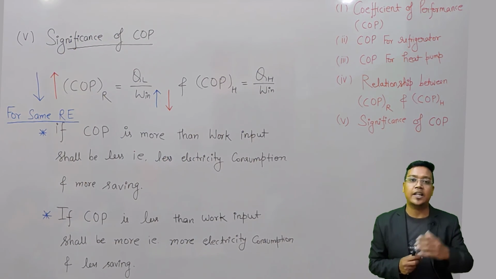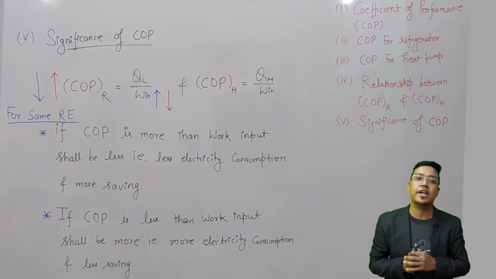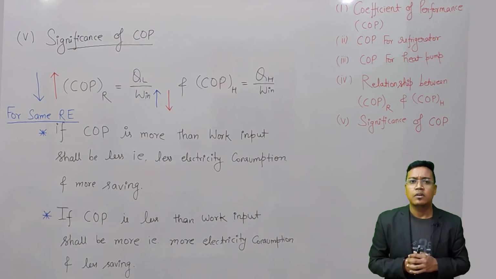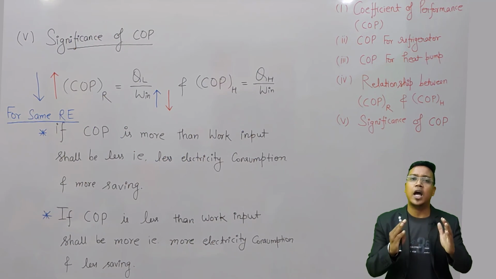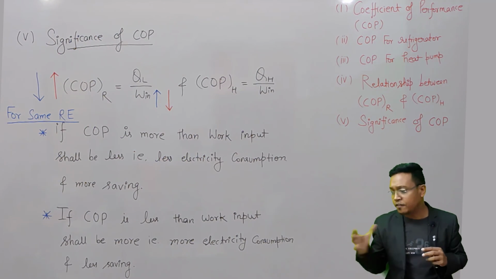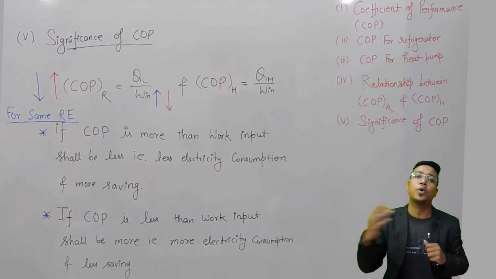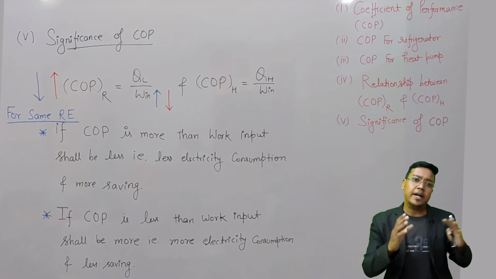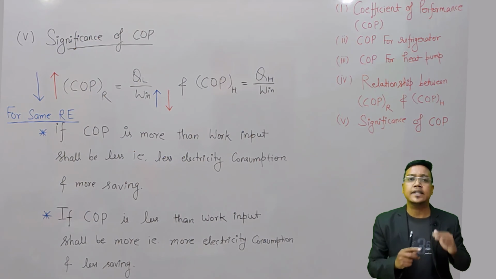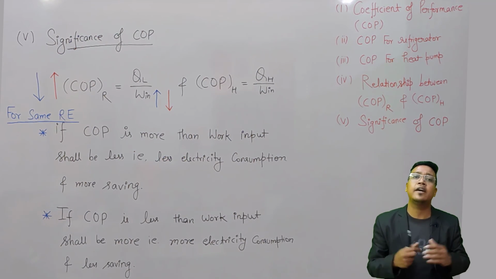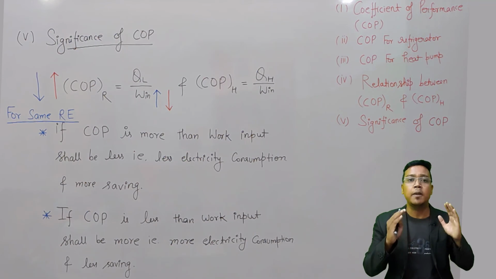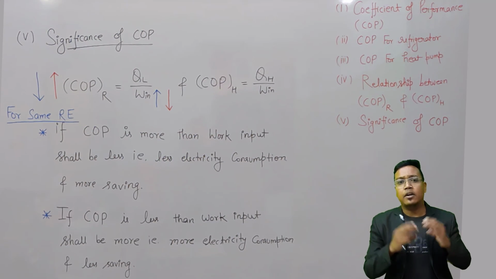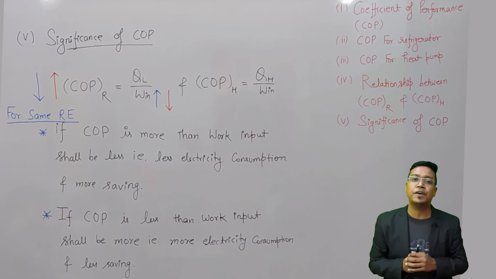Now friends, in the next video we will see about the ton of refrigeration and refrigeration capacity. Why will we study that topic? Friends, you know very well the amount of heat which has to be removed by the window AC from the storing space is in kilojoule per second. But in industry we don't consider the unit kilojoule per second. We consider the ton of refrigeration, which is the commercial unit we use for refrigeration systems. So that ton of refrigeration we will see in the next video in detail.